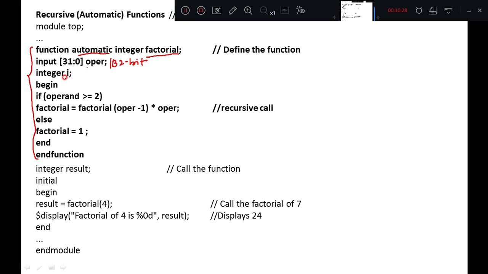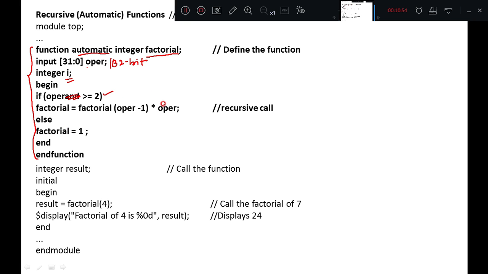Integer I. If operator, so the operand that we are using here is OPER. So for operand we are using this notation. If operand is greater than or equal to 2,